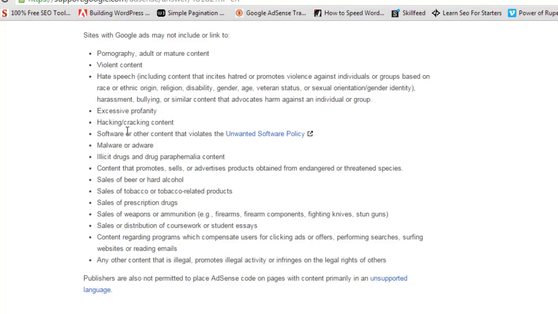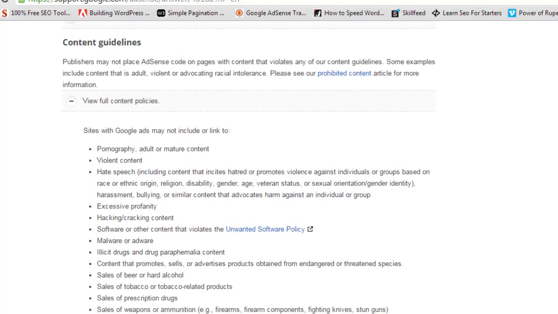I mean there are many topics like pornography, violent content, hate speech, religious, hacking, software cracking etc, and tobacco etc, illegal promotions of things, copied content. You can read this whole list. So this is very important to understand content guidelines about AdSense.